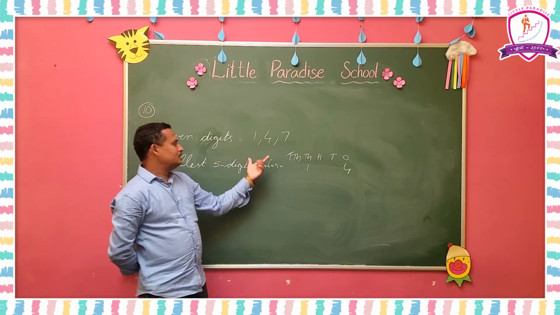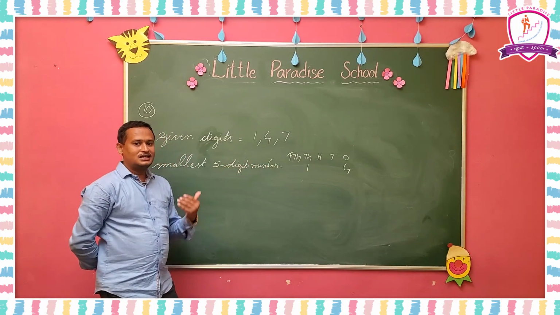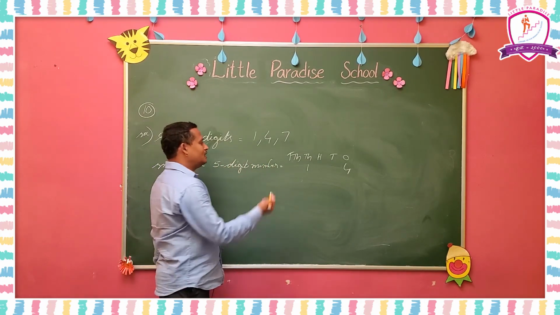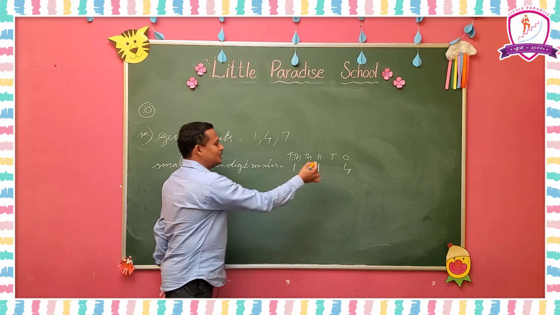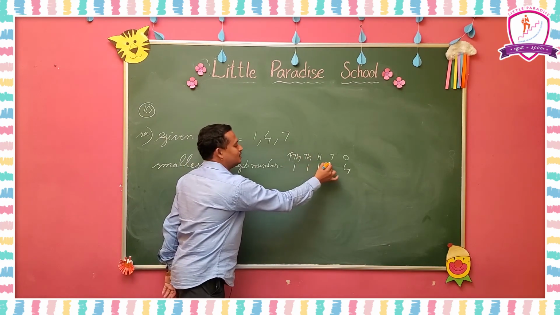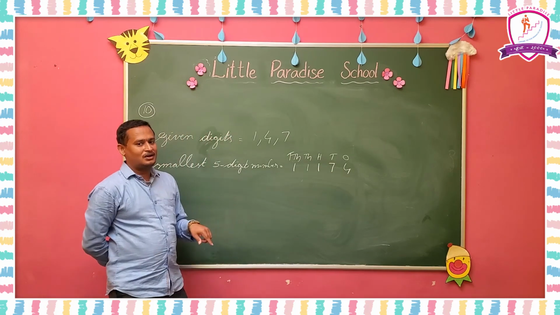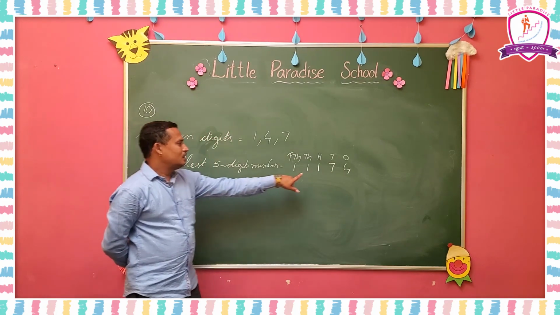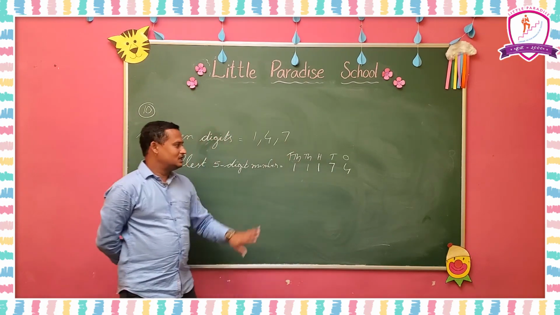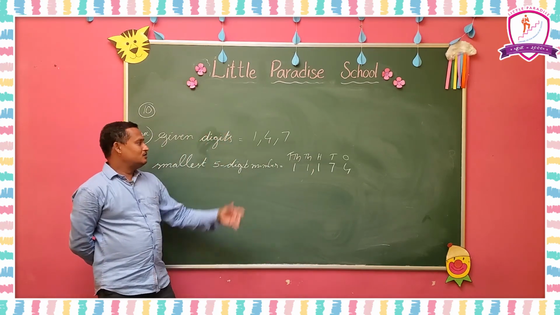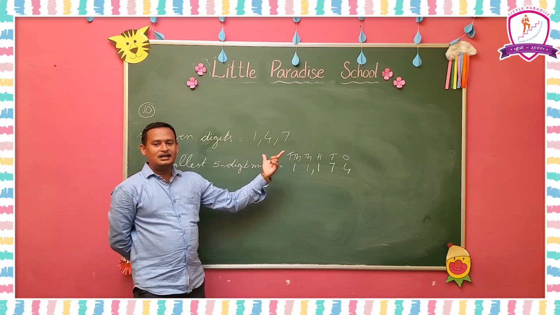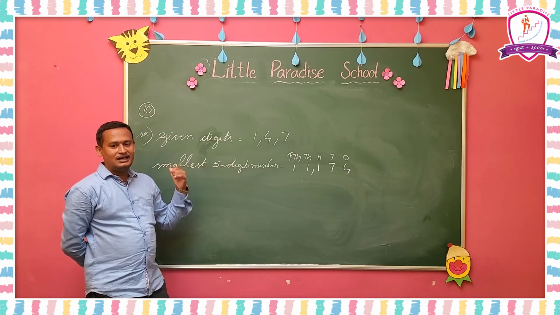We have to arrange the given digits in ascending order. Ascending order means small to big. Here, what is the smallest one? 1. Here also you have to put 1. Then 7 only, one number 7 is there, no? You must use that number also, so you have to put the 7 in tens place. It will be the smallest 5-digit number using the given digits and satisfying the given